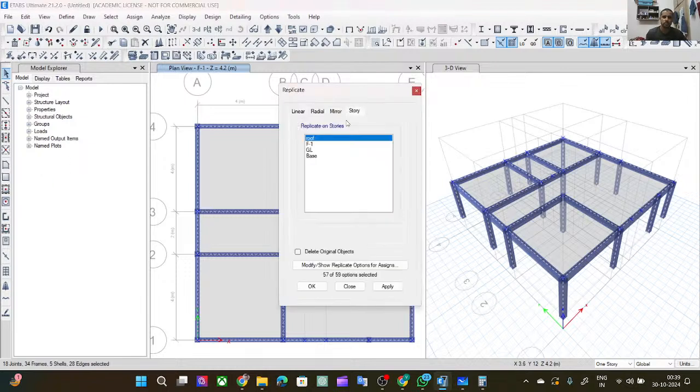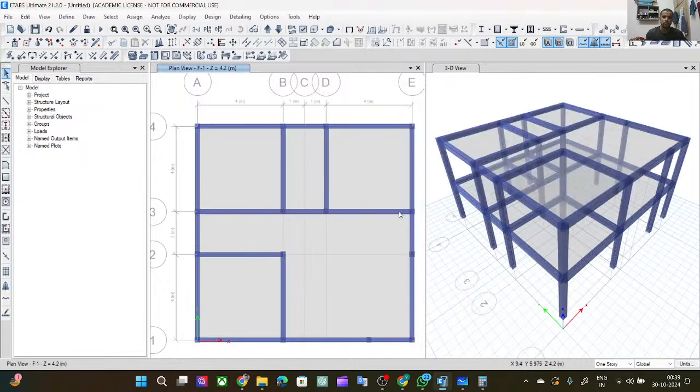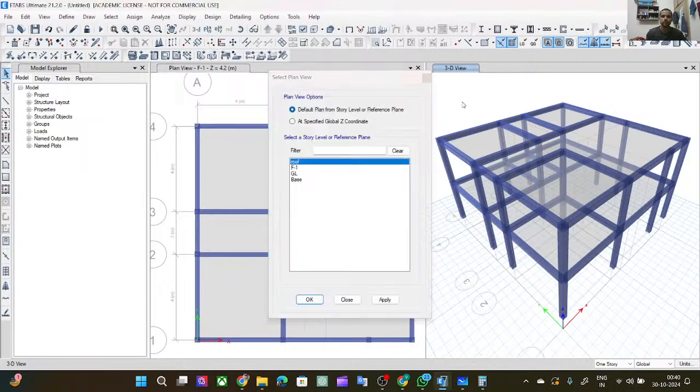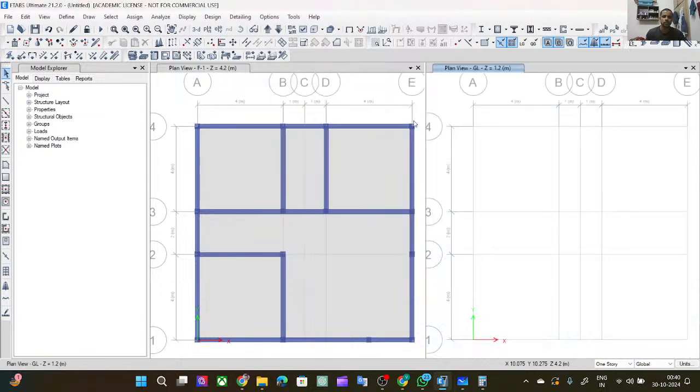Now roof, it is a first floor, ground floor, first floor, roof floor, then apply, then okay, it will be fine. Okay, so and now I'll make the lower beam. Go to ground floor, apply, okay,